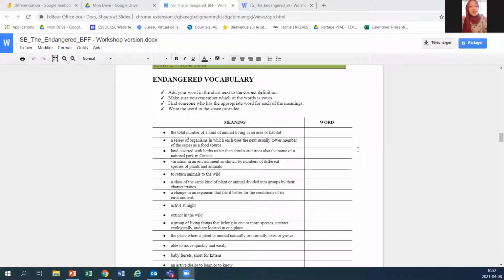We show them pictures because some students are visual and they need to know what the meaning of these words is, because as we can see, a lot of the sentences are a bit long and they could be challenging. So we will start with a PowerPoint with pictures, words. We will discuss what it means to be endangered and